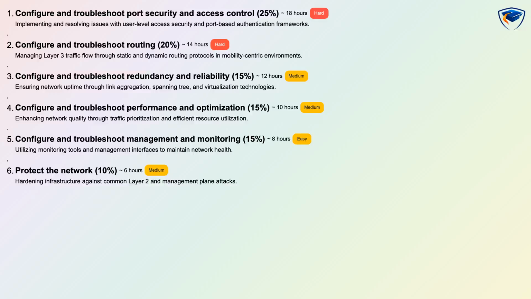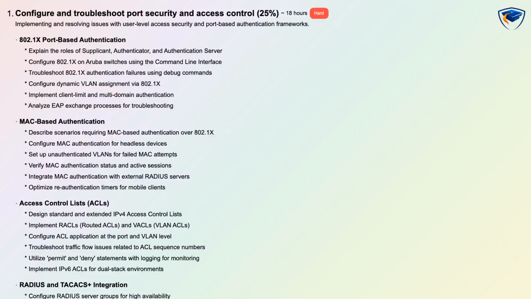The syllabus lists difficulty, estimated learning time, and assessment type for each domain so you can plan study time effectively. The first domain is configure and troubleshoot port security and access control, weighted at 25%, marked hard. With an estimated 18 hours of study and scenario-based assessment, you will learn 802.1X port-based authentication including the roles of